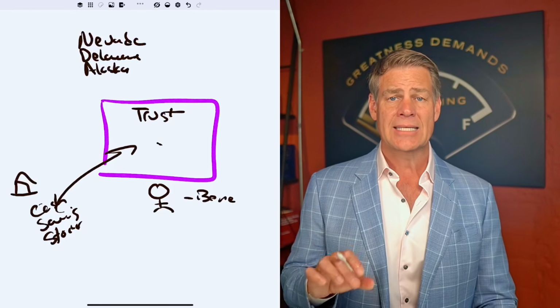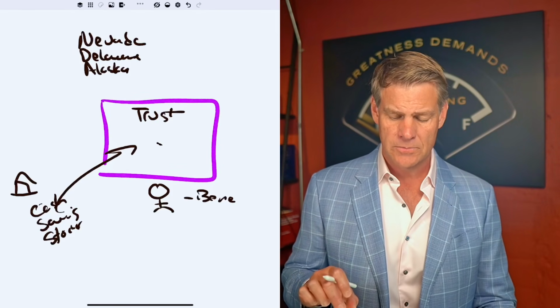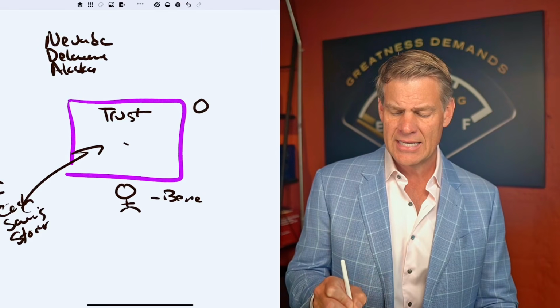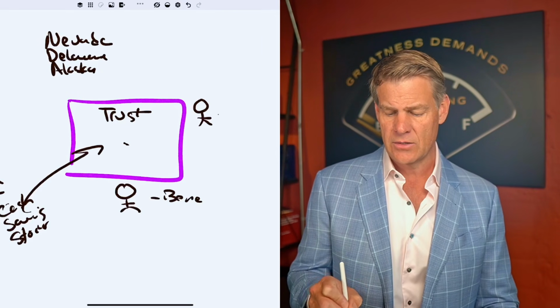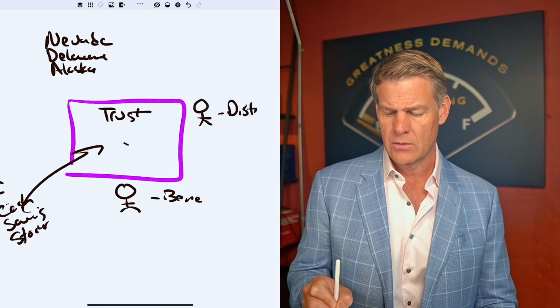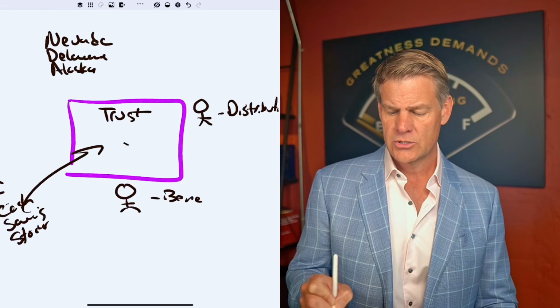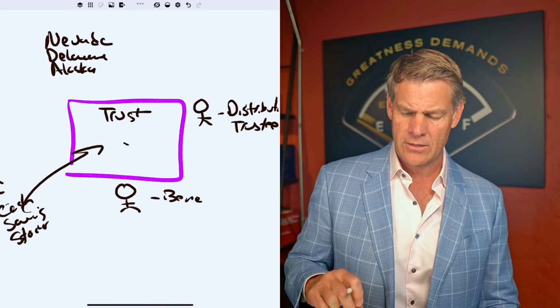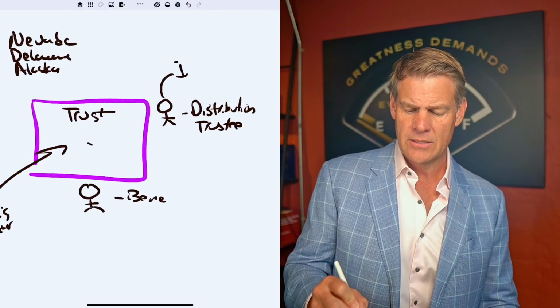Now, when you set up an asset protection trust that is irrevocable, what you need to recognize is that you have to have an independent trustee. You have to have a distribution trustee. Distribution trustee. That is not you. Okay, so this person here, this distribution trustee, is independent.